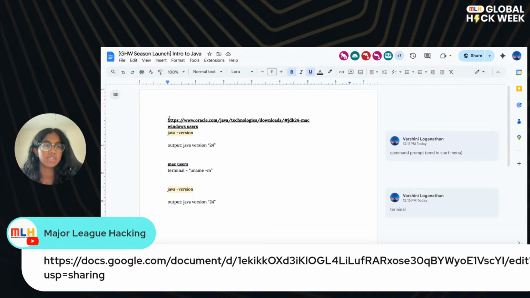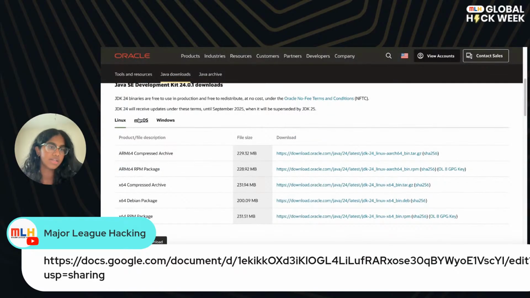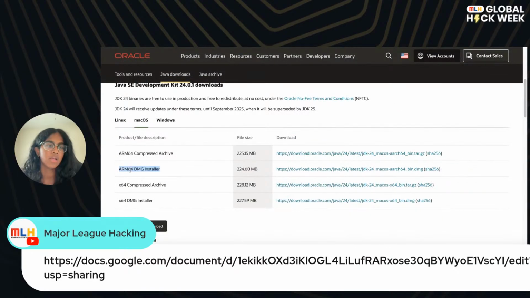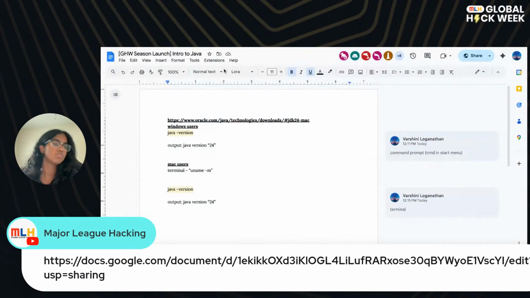Yes, this is the tab. This is the link that you'll need to download your Java. If you have Linux, use the Linux instructions, and if you have a Mac, follow the installation instructions, and if you have Windows, same thing as well. So for here, you're going to want to check your Java version. If you're a Mac user, and oh wait, no, these are for Windows users, sorry.